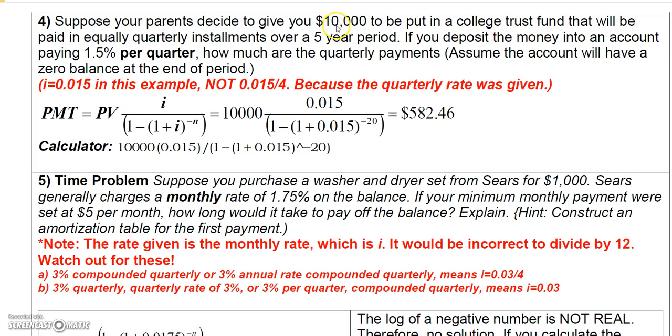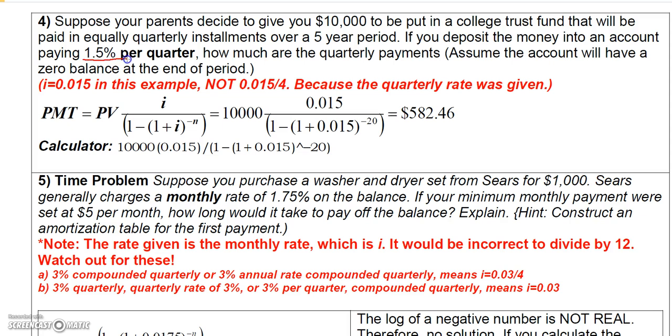Suppose your parents give you $10,000 to put in a college trust fund. I guess they really don't give it to you; they would probably put it in the trust fund. So they put $10,000 in a trust fund, and it's going to be paid to you in equal quarterly installments over a 5-year period. Now, the money is deposited. It says you deposit the money, but again, they should probably deposit it because you'd probably spend it. So if they deposit the money into an account that pays 1.5% per quarter,